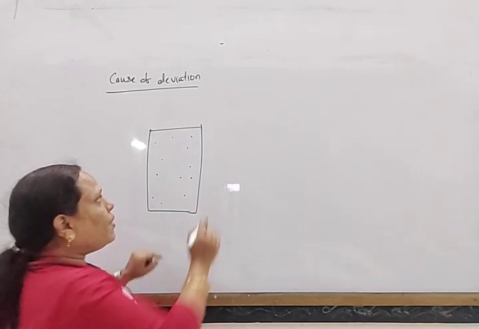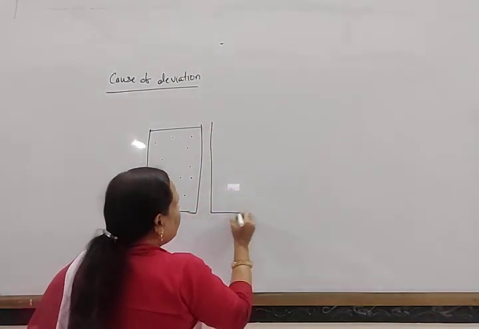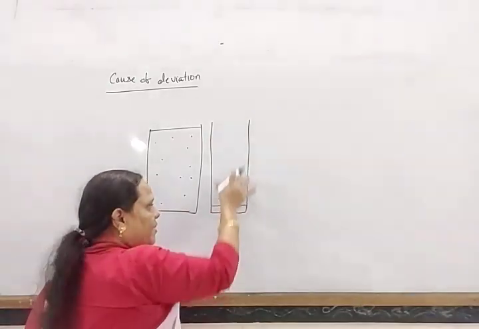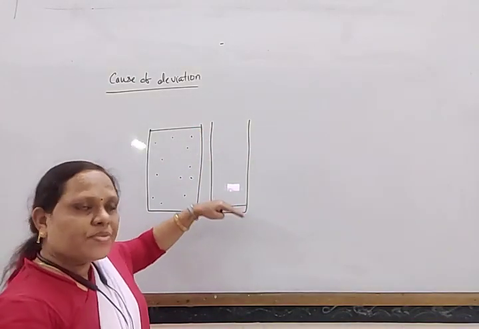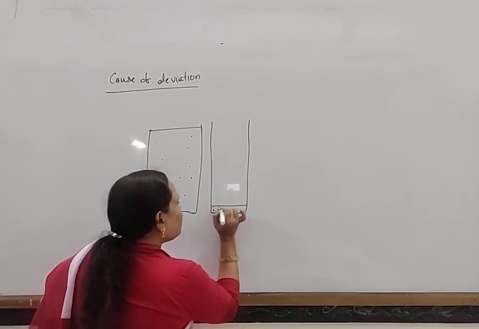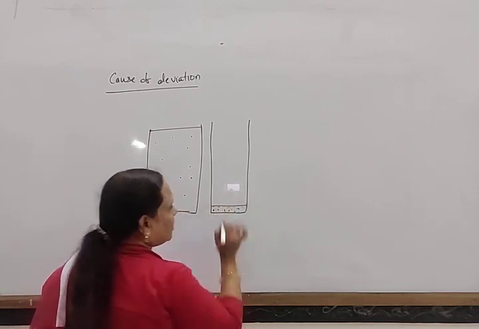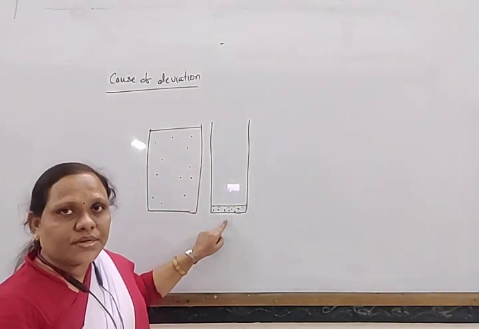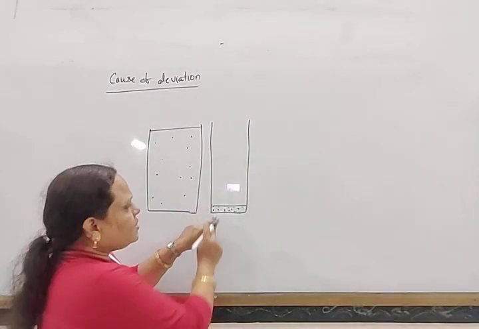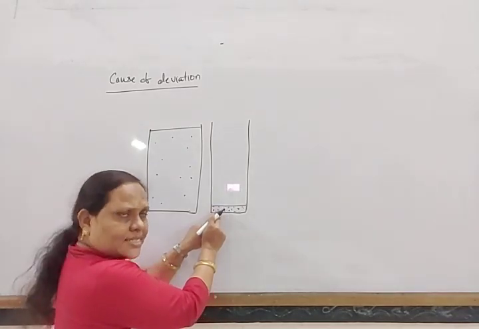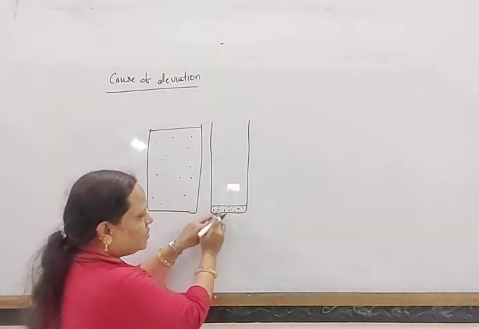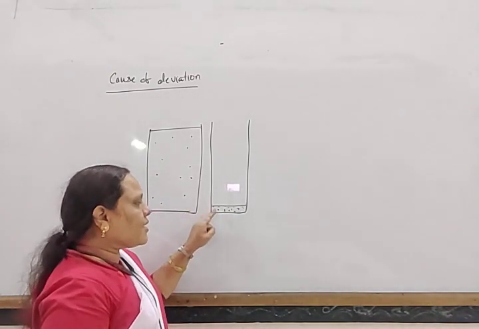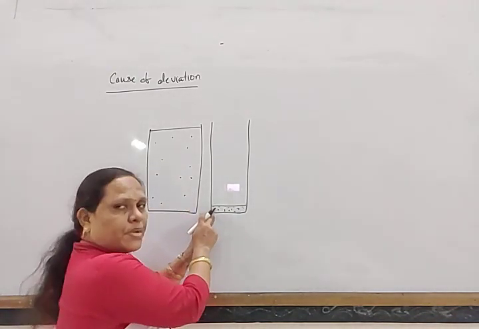But if the volume is very small, look here, if the gas is compressed, the pressure is high, and the volume of the gas molecule matters. At that time, we cannot neglect the volume of the gas molecule, because the intermolecular space between them is less. When the molecules come closer to each other, the intermolecular space is less.